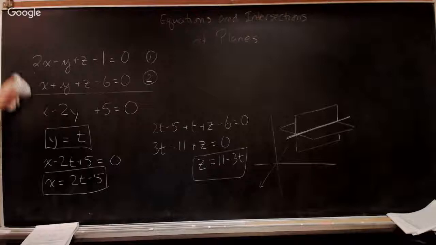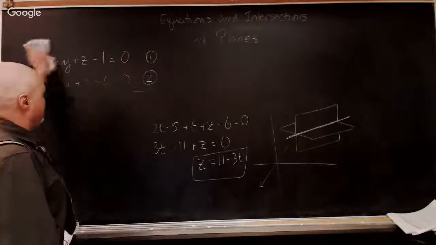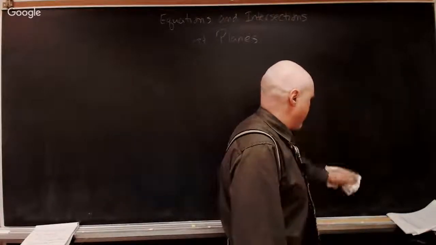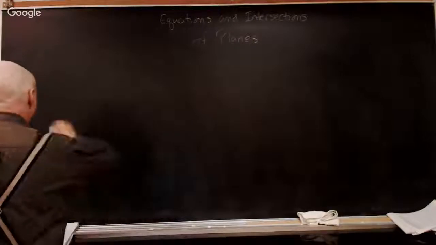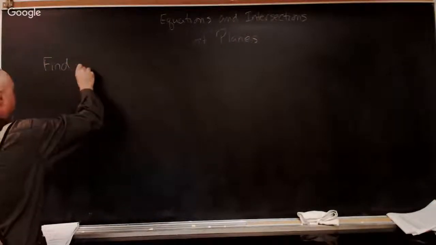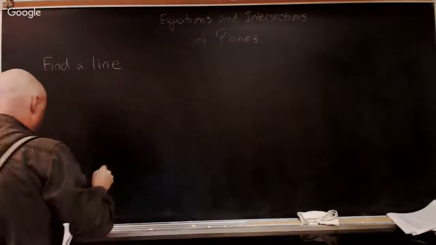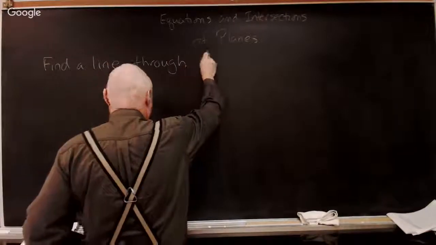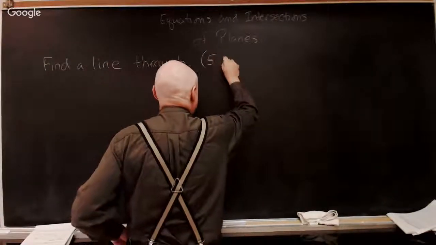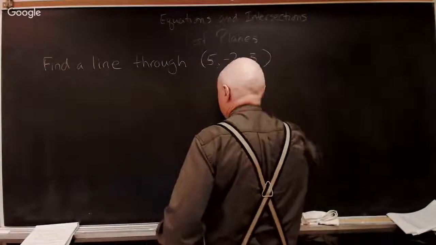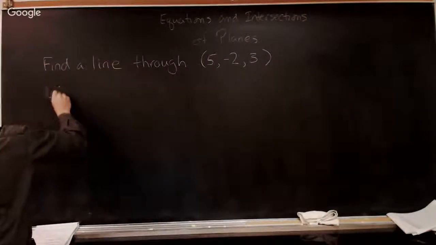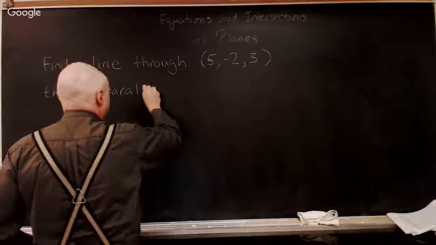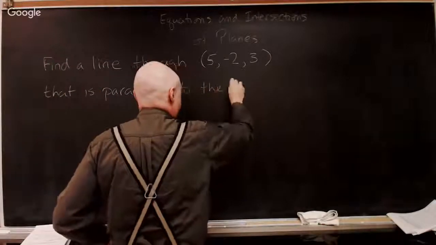We're going to look at a second problem, and it has to do with, we get to use those normal properties of the planes again. So here it is. We're going to find a line that passes through 5, -2, and 3 that is parallel to the intersection